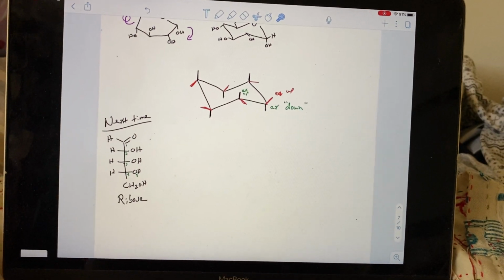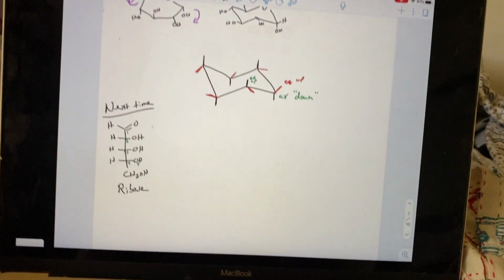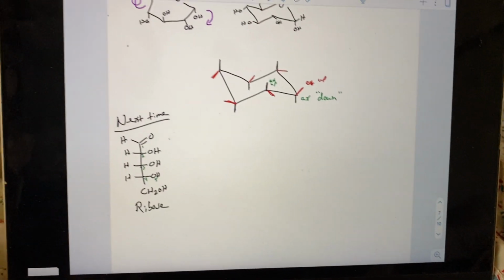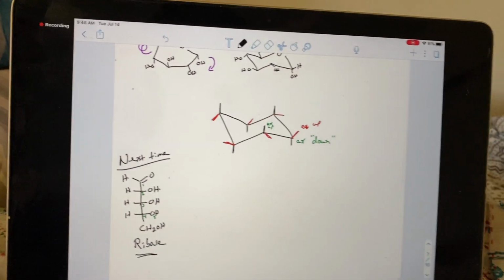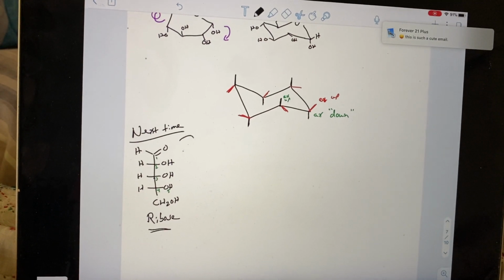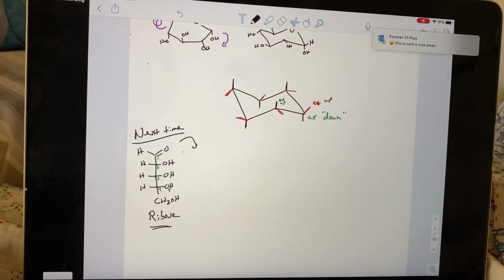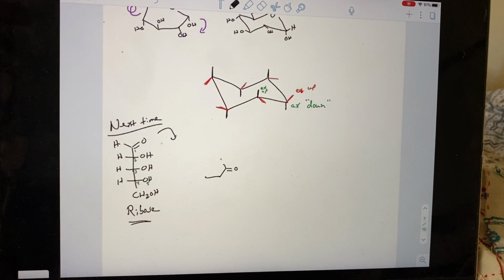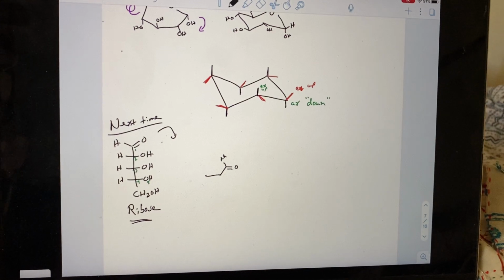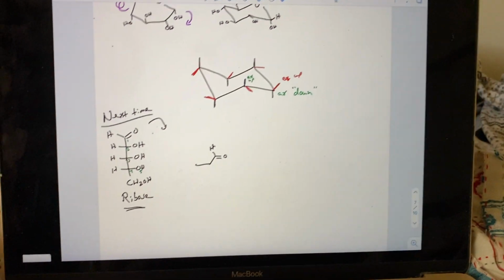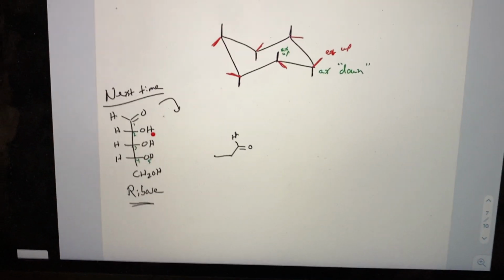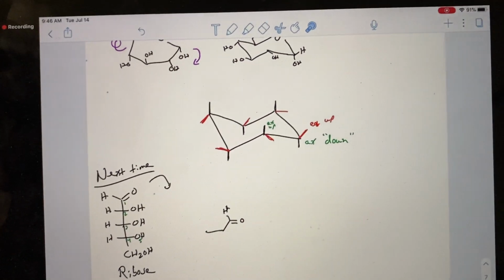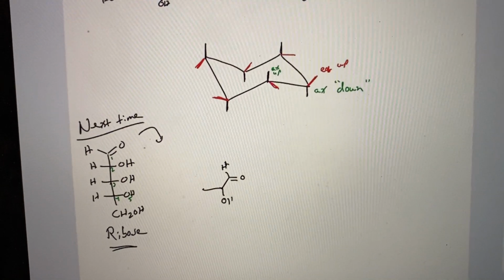One more example of this is that all of this conformational analysis is not limited solely to 6-membered rings, but it also, say, works for a 5-membered ring. So ribose is certainly an important sugar. So we could do the same thing where we could tip ribose on its side. So we'd end up with our aldehyde here. And now notice these hydroxyl groups: if it's pointing to the right, it's going to be down when we tip the sugar to the side. So we have a hydroxyl group pointing down,